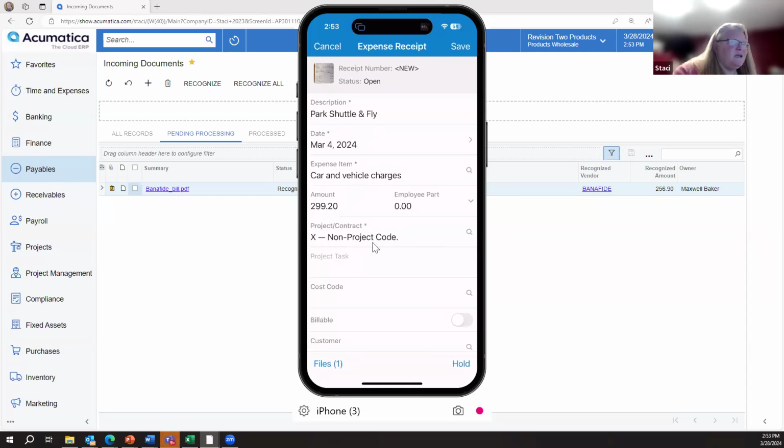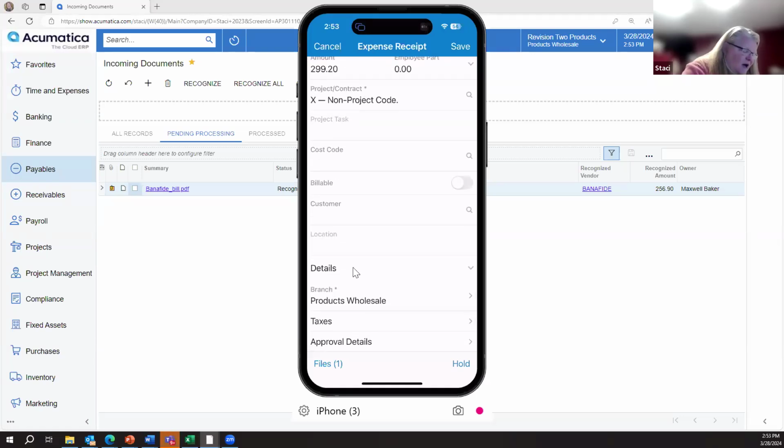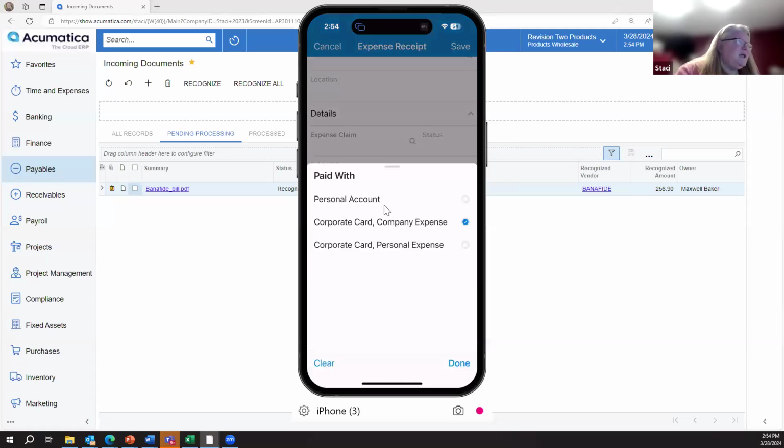Now, if this was a particular trip that I took specific to a project or something, I could charge it to a project. I can also come down here under the details tab, and if I'm using a corporate credit card, I can say that I used the corporate credit card. Now this receipt has been documented on my part and sent into the office. You have a copy of the receipt, and I'm letting you know that this should be reconciled to the corporate card. If this was made with my own card and it was going to be an expense claim and I was expecting to get reimbursed, I can click right on this space